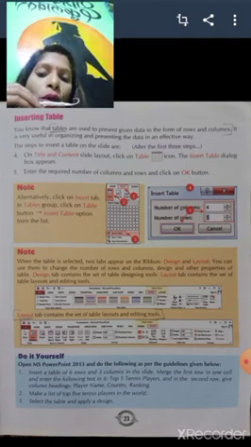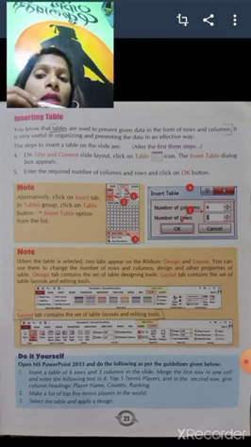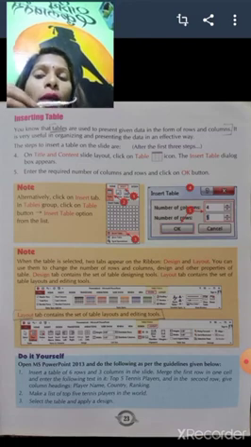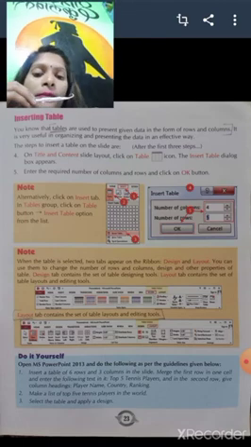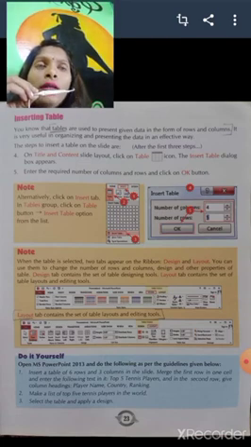In the second row you will write the column headings. Player name will be there, meaning the first row heading, A1 B1 C1, you will merge it and write Top 5 Tennis Players. In the first column you will write the name of a player, in the second column you will write country, and in the third you will write ranking.